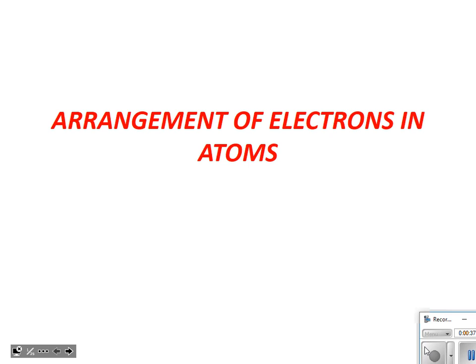So we're going to get into elements with their electron configurations next week. But in order to do so, we have to have a little bit of background information on some certain things